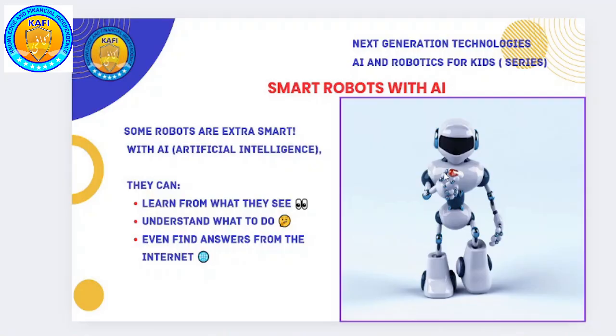It's okay, no problem. So what you see, what happened here, a robot can learn from what they see, what you tell them, what they can hear, and what you feed in them. They understand what to do according to the things you have told them. And even they can find answers from the internet. If it has to do something, it will say, okay, I'm stuck here, I don't know because there is nothing in my memory, so it will go to the internet and ask the internet, what should I do in this situation?